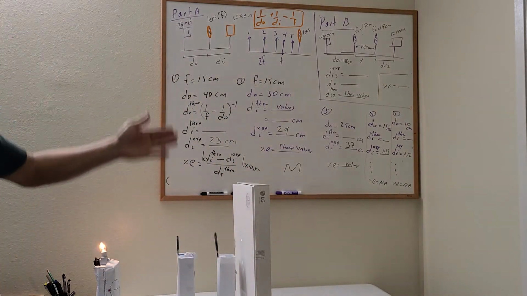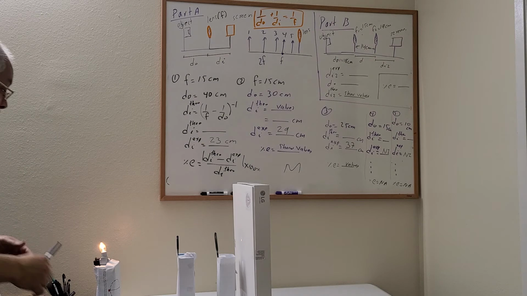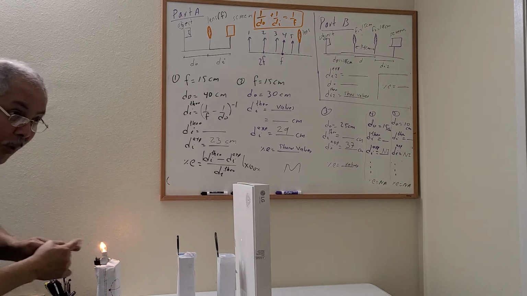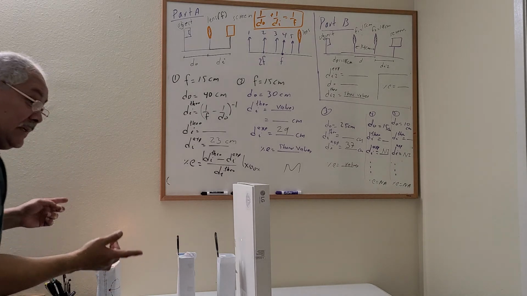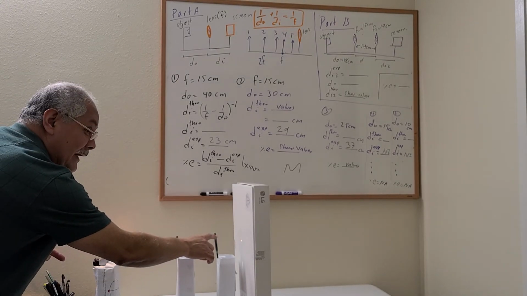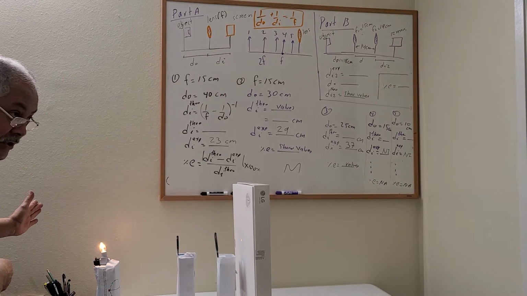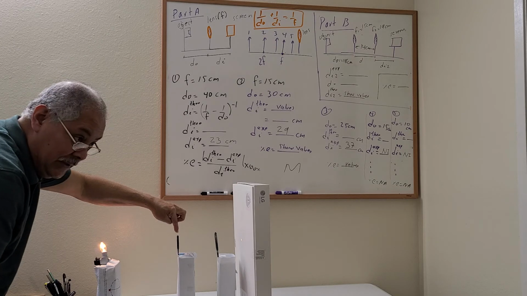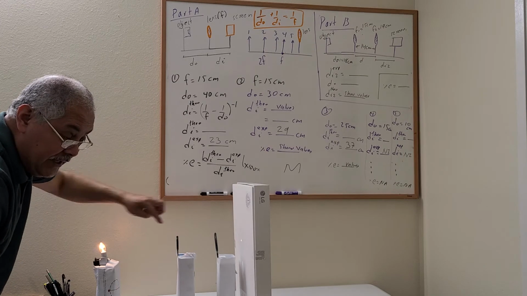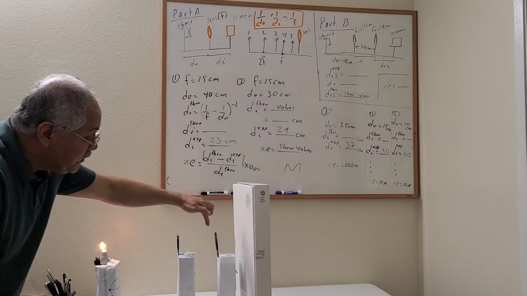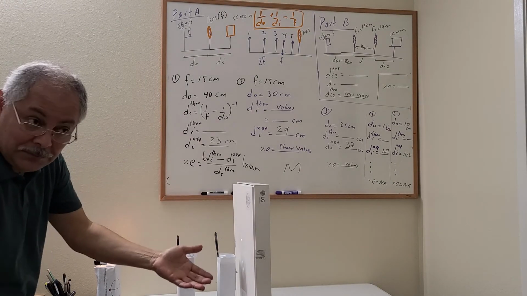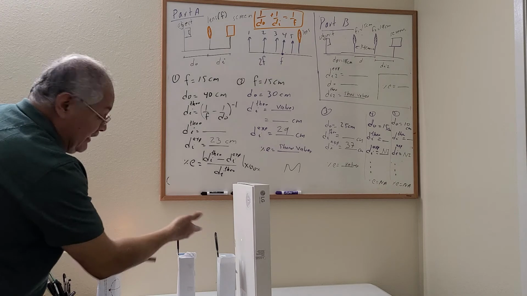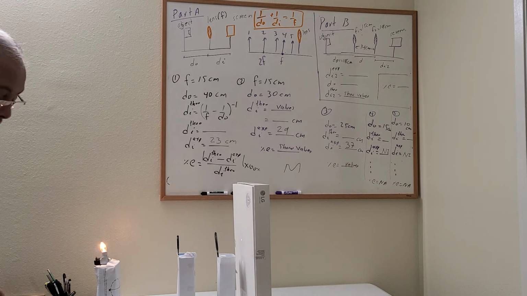Now let's find DI2 from the experiment. Remember, we have DI1, DI2, DO1, DO2 because we have two lenses. The distance from the object to the first lens is DO1, and the distance from the second lens to the object is DO2. And of course, this produces an image. The image produced by the first lens is DI1, and the image produced by the second one is DI2. So we're looking for DI2 from the experiment because we can see it. DI1 we cannot see yet. We can find it, but